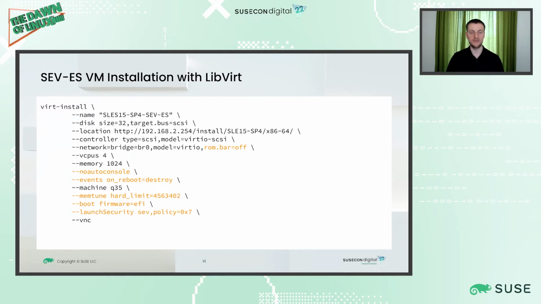Therefore, to reboot an SEV-ES guest, we need to shut it down and restart it. We also need to set a memory hard limit for memory that can be pinned, because the guest memory needs to be pinned for SEV and SEV-ES guests. It cannot be swapped out or moved around. That will not work, so it needs to be pinned in memory, and for that we need to set a limit. We also need to enable EPYC firmware for the guest,